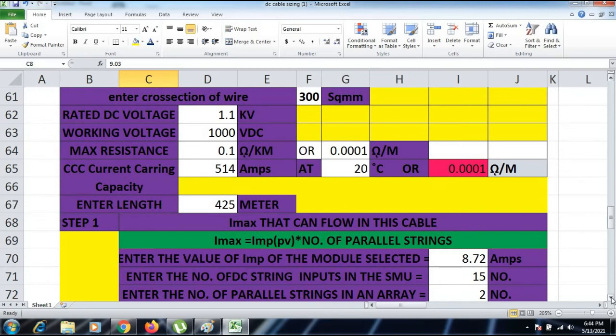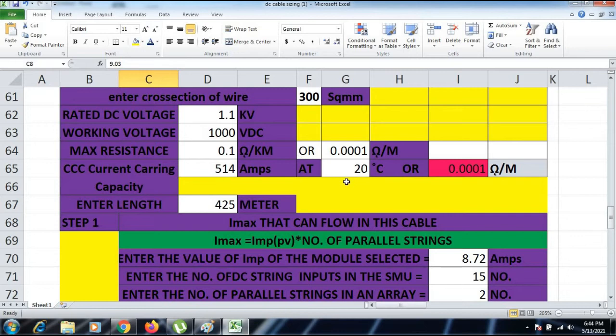Now, as with the last video, you have to go to the data sheet of that particular cable which you are selecting, and check the current carrying capacity of the cable in different conditions, and the other ratings, like the rated voltage, the working voltage, and the maximum resistance. I have already given these values here.